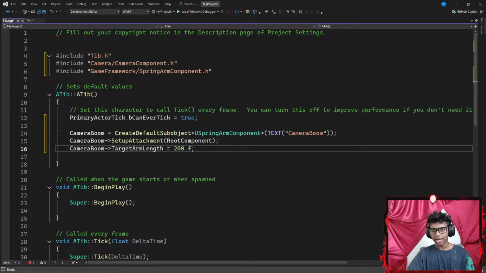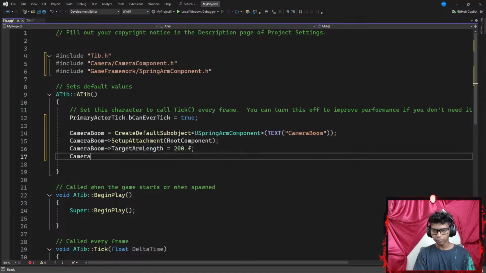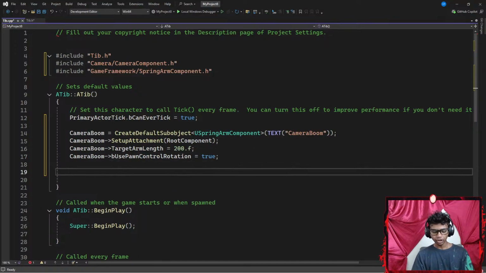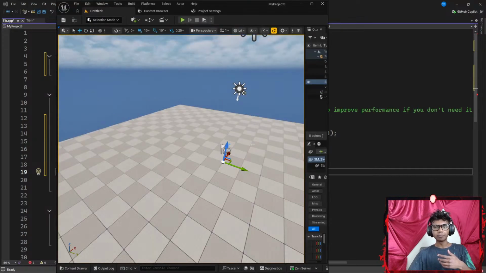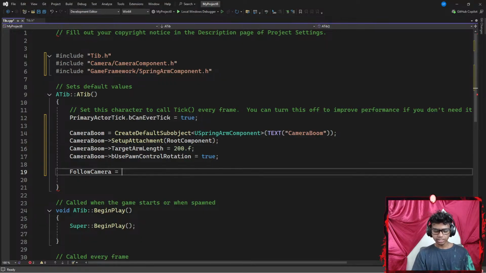That said, once I'm done with that, I'm gonna go with my camera boom and point it towards a boolean check of bUsePawnControlRotation. I'm gonna set it equal to true, ending with a semicolon. Now, once I'm done with that, I'm gonna create another default subobject for my FollowCamera, which is technically my camera component. In case you guys don't know what CreateDefaultSubobject does, it creates an object inside of my compiler here. So I'm gonna set my FollowCamera to be equal to CreateDefaultSubobject,